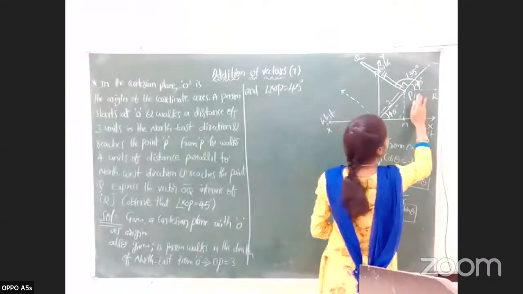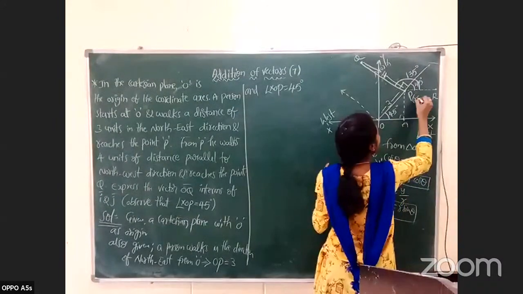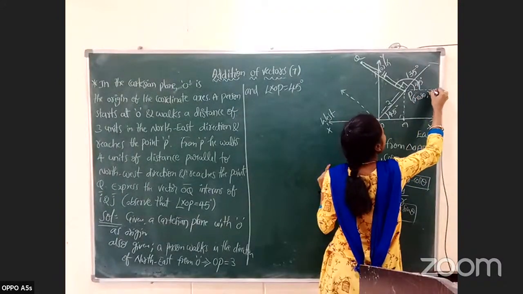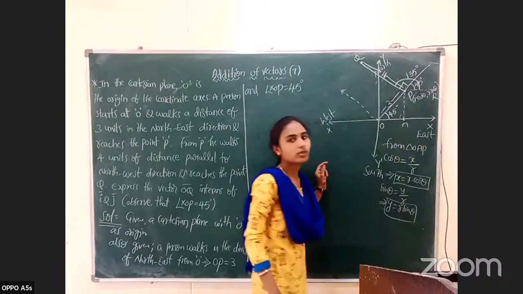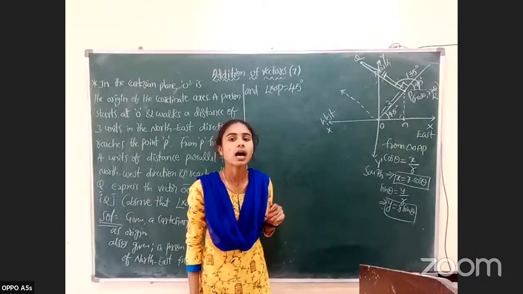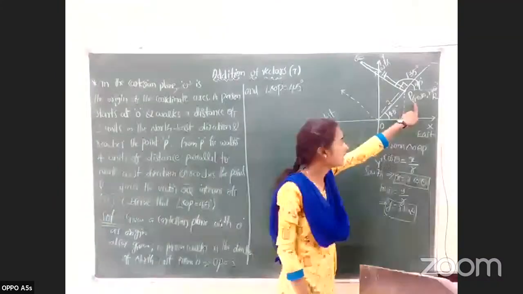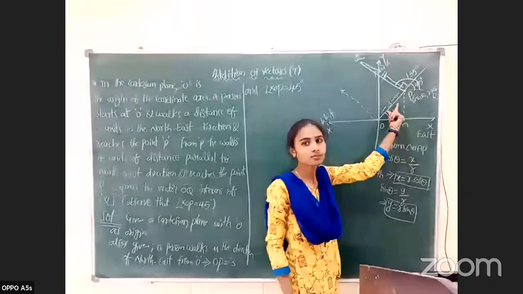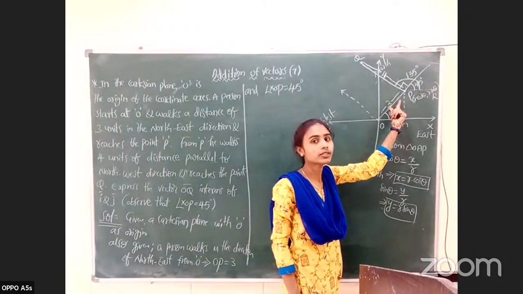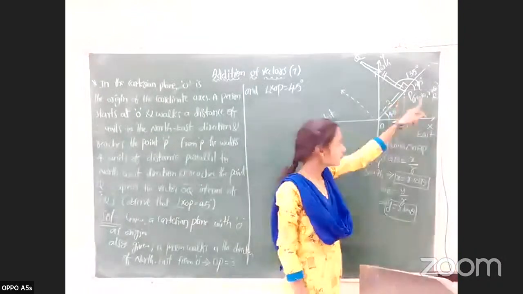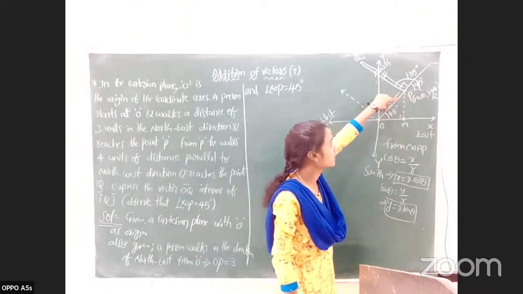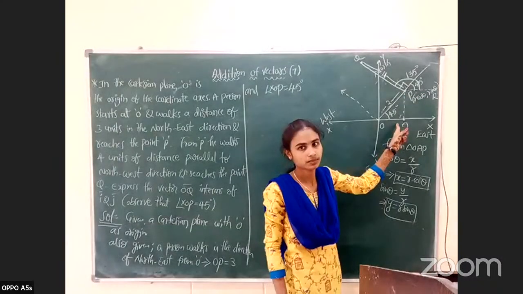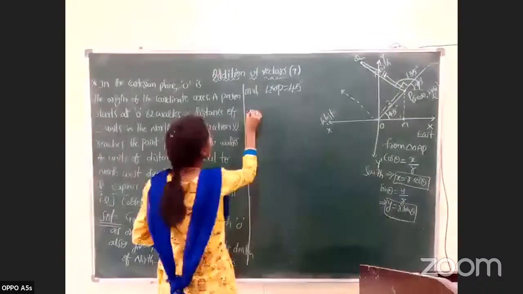That means the point P will become what? r cos theta comma r sin theta, where r is the magnitude of this vector and theta is the angle made by this vector with the positive axis. So therefore, from the figure,